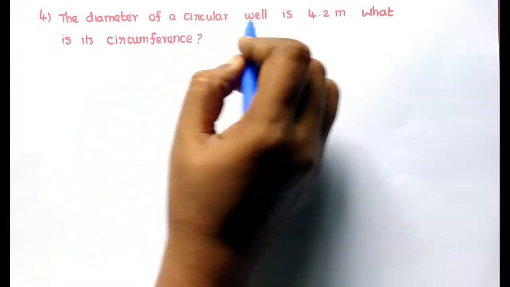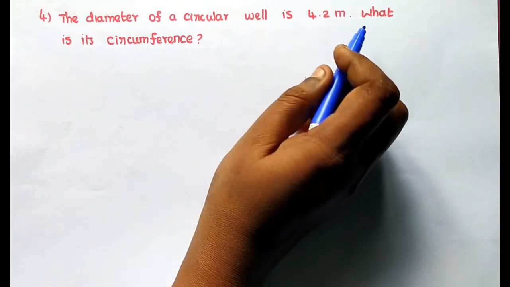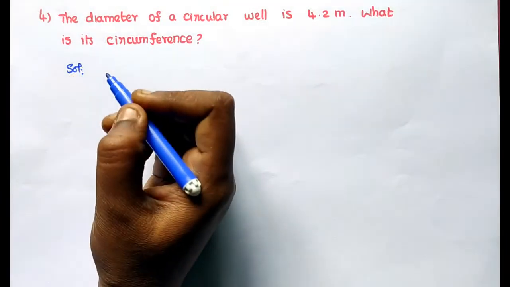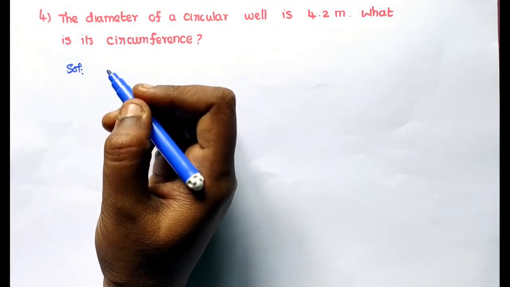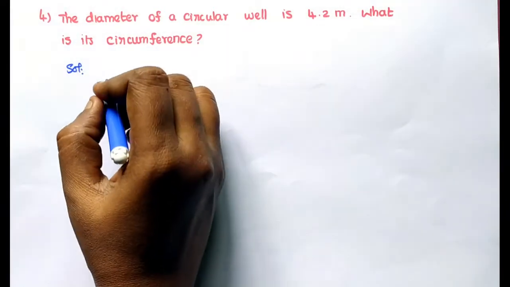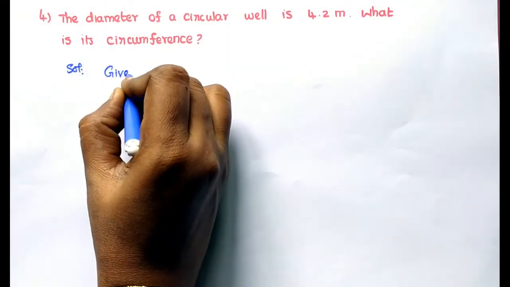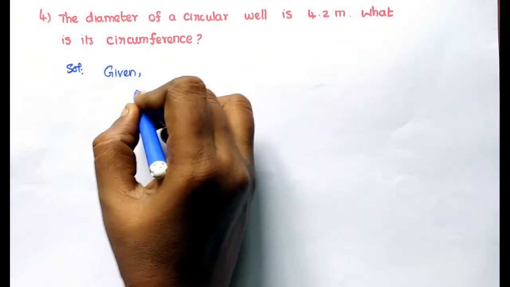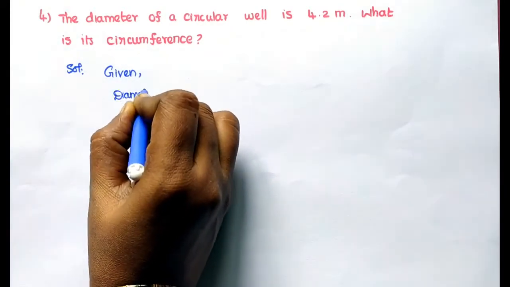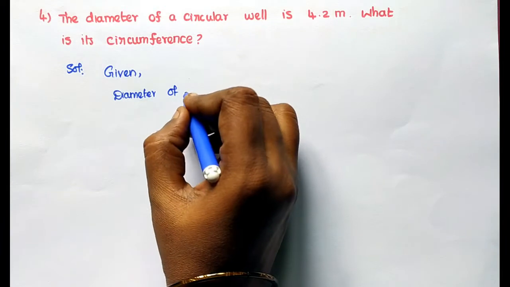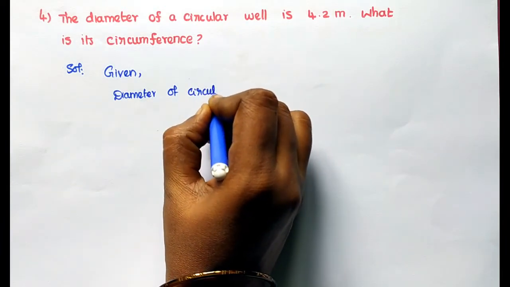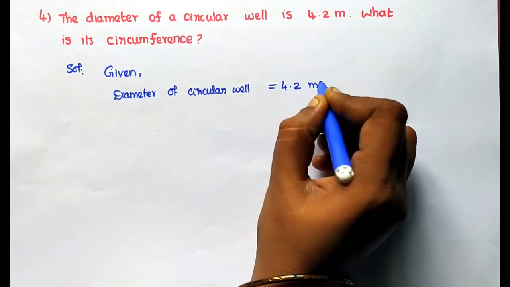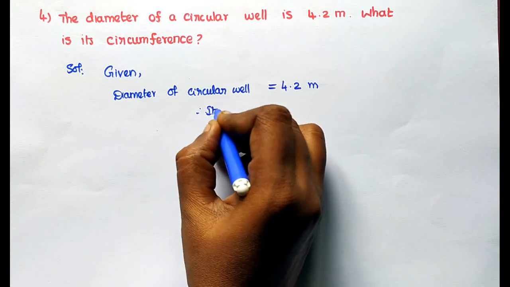Fourth sum. The diameter of a circular well is 4.2 meter. What is its circumference? Listen. We want the circumference, so first we have to find which one? Radius. So given, diameter of the circular well equal to 4.2 meter. Therefore, its radius